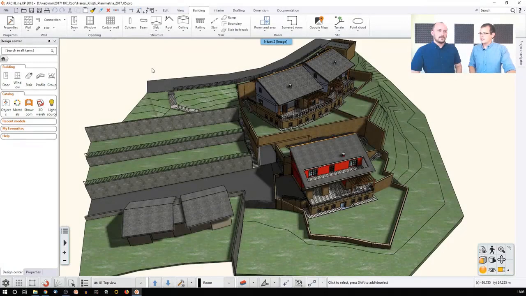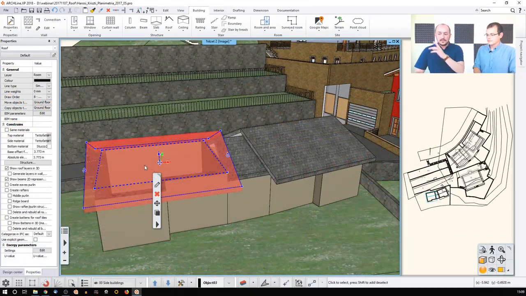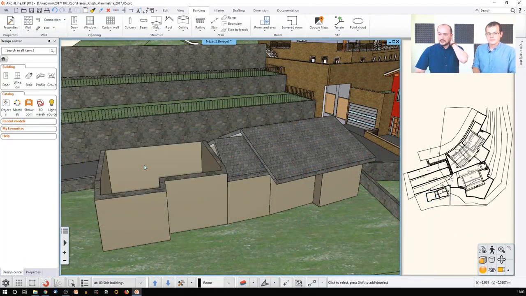So let's start with the roof design essentials. So how do you get started? What are the most important things to consider? How do you get started on this project, for instance? So now to clear this up, I just removed this roof, and now we can see that the roof is